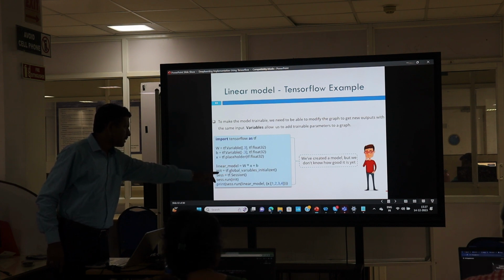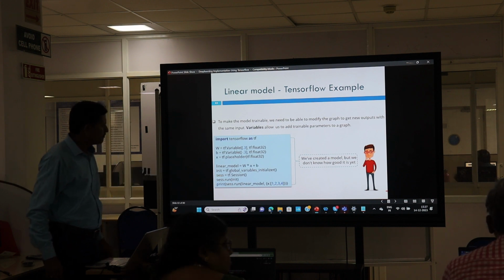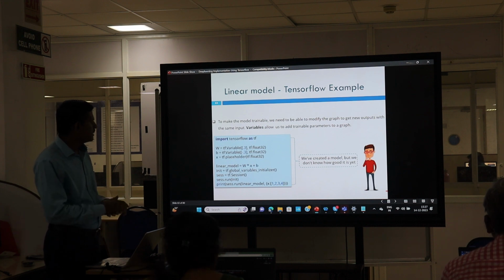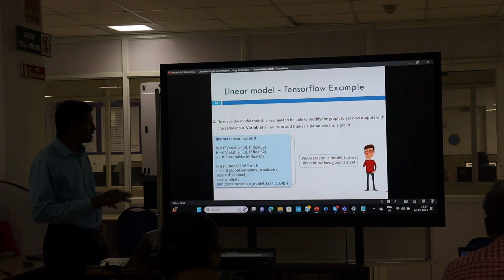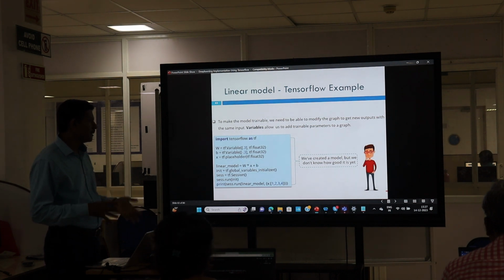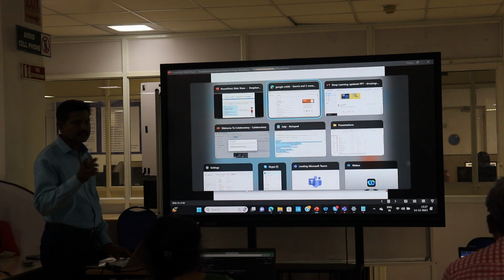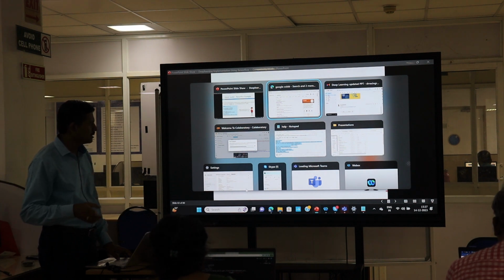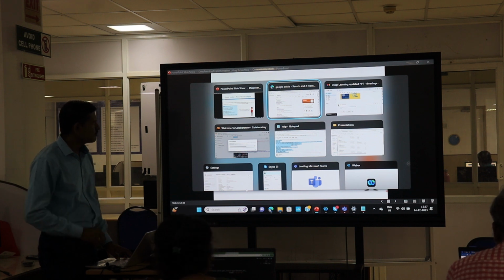Then init equals tf.global_variables_initializer. Session equals tf.Session, then session.run(init). This is the program to implement the perceptron learning algorithm. It is already shared in this sheet. Take that program and execute it on your side; don't type it again. Just execute and tell me.